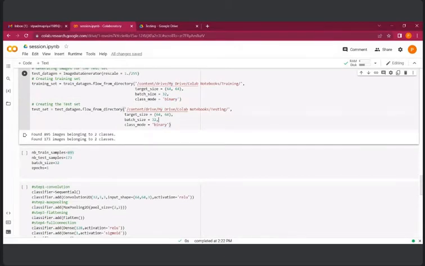Then now we are creating the test data set. Test set is the same as the training data set, but here the path to the test set is given. Same thing, we are rescaling, that is reshaping the images, then batch size is given, then class mode is binary is given. Okay, if I run this,